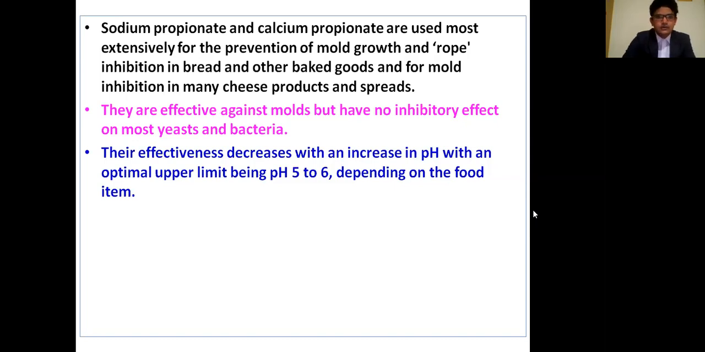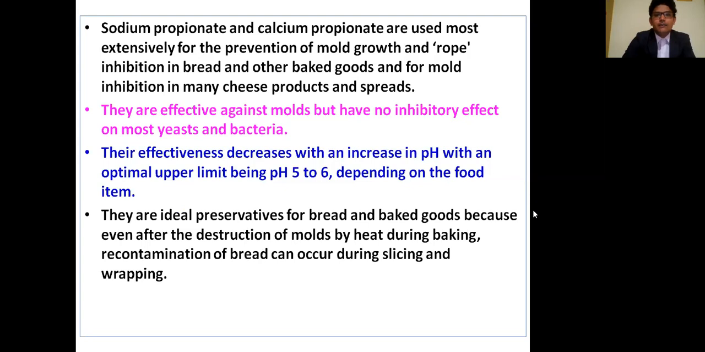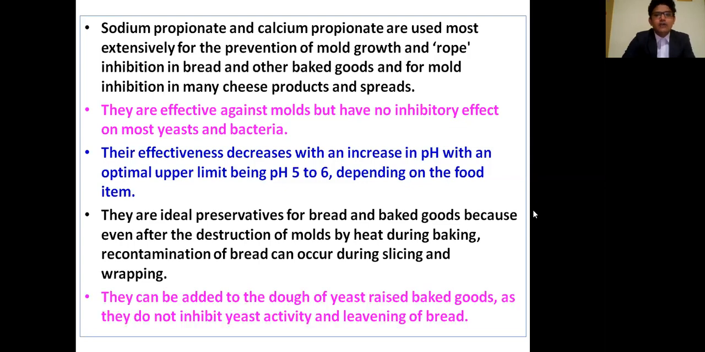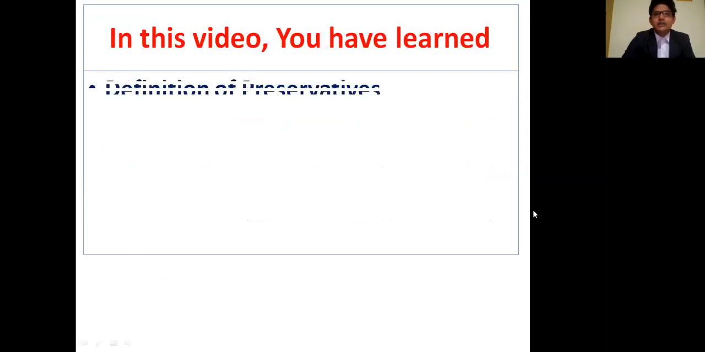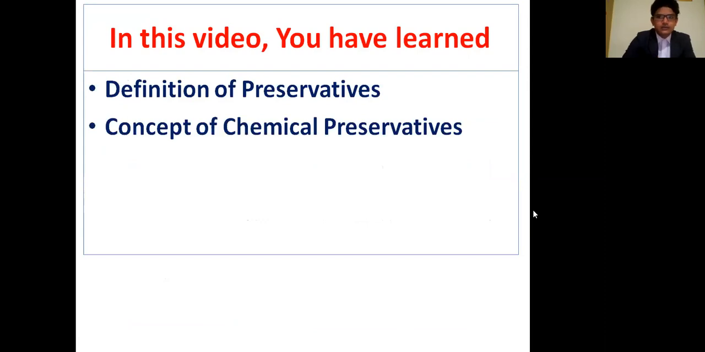They are ideal preservatives for breads and baked goods because even after the destruction of molds by heat during baking, recontamination of bread can occur during slicing and wrapping process. They can be added to the dough of yeast raised baked goods as they do not inhibit yeast activity and leavening of bread. So today in this video you have learned about